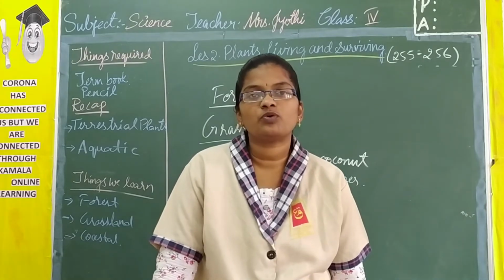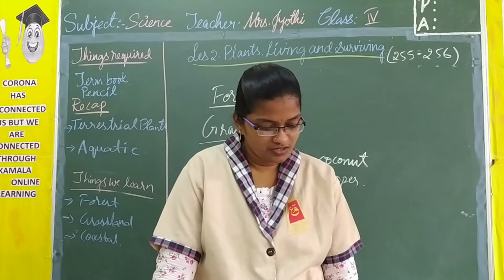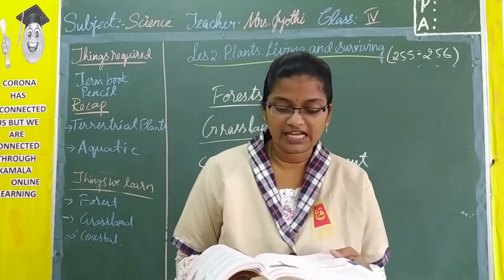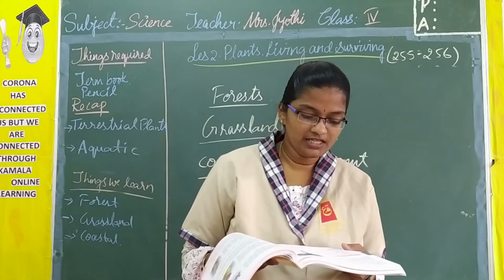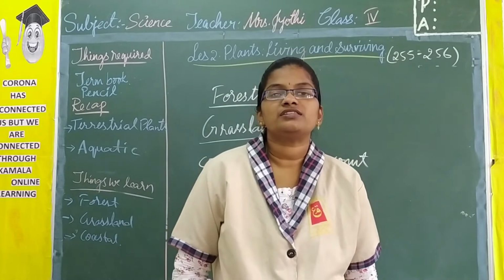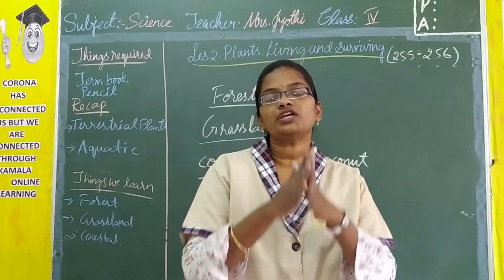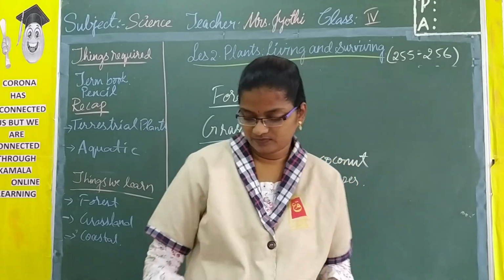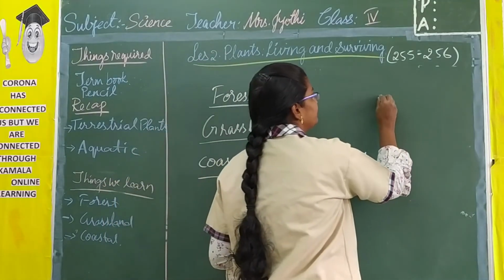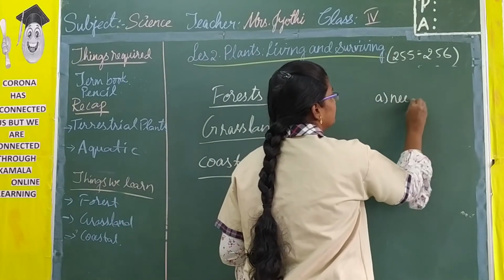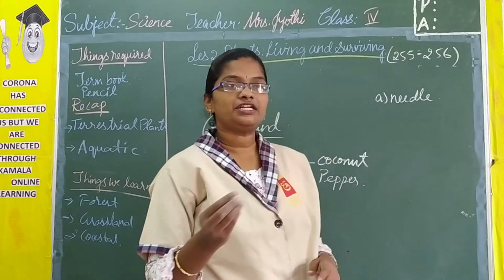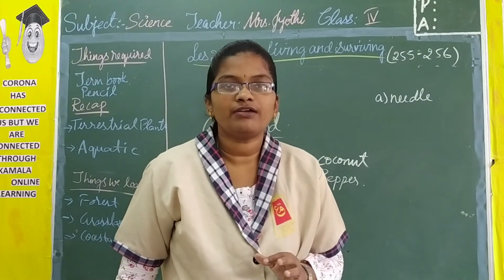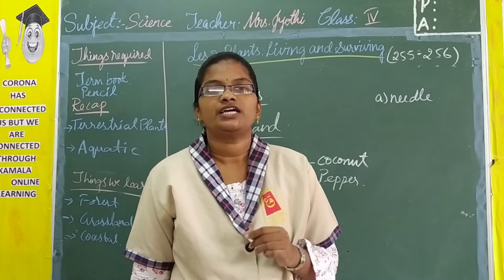Now here you have checkpoints. Take a pencil and write. Now first one is trees growing in hilly areas have mostly dash shaped leaves: needle, square, conical. So the plants which grow in hilly areas, they have conical shaped trees, but the leaves will be in the form of needle. So underline needle, and write down in the space provided. So here the trees are conical in shape, but the leaves of this plant are needle-like.